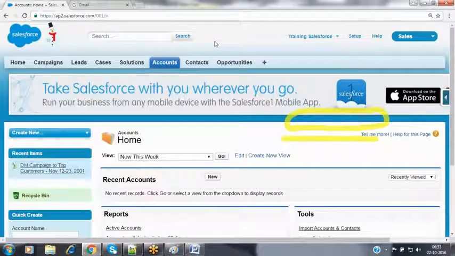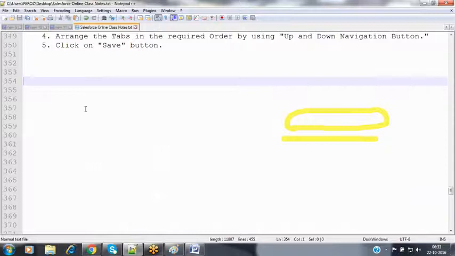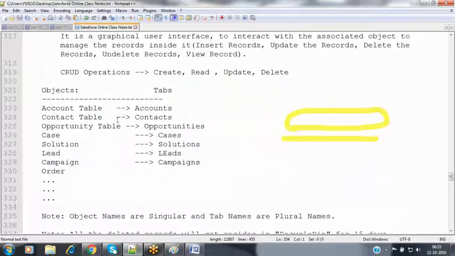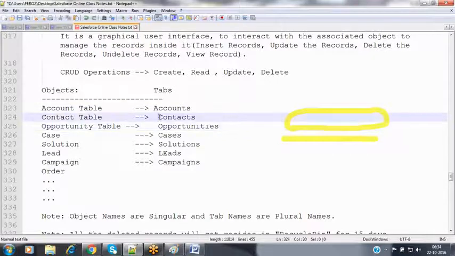Now let's see some practical examples on this. For example, I'm clicking on all these objects here. When I click on the account object and the opportunity object, let's see what will happen.